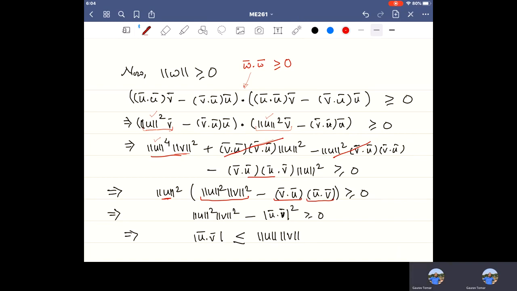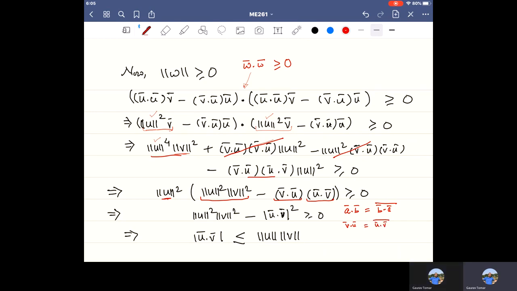Now, before we move further, we have seen that complex commutativity or conjugate commutativity is defined this way, correct? Now, v dot u is the same as u dot v complex conjugate,